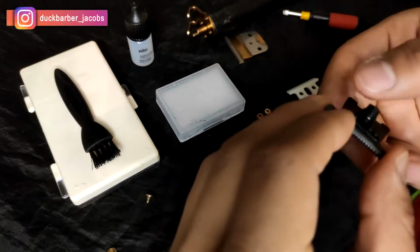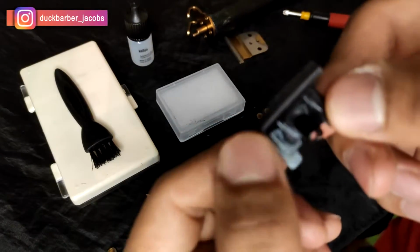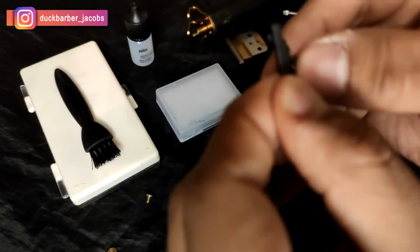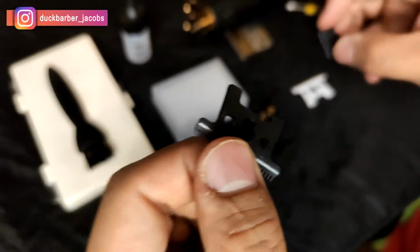There are some tiny parts, right? Basically, you want to take it out like this. Just watch the video, it's much easier if you just watch it. Just take them out, and then, yeah, it's kind of hard. But then you take it out, as you can see right here, and then swap it with the ceramic blade or